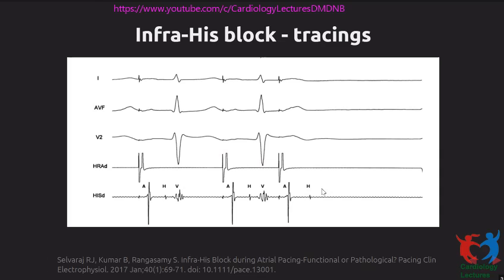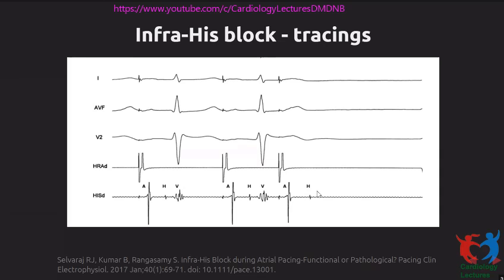So it is very important to understand that a property of the His-Purkinje system is being very exquisitely sensitive to the preceding RR interval. So the HH interval here is long. So after this long HH interval, the refractory period of the His, because of this long interval, will again be long. So when the next H comes in much earlier compared to this previous HH, it tends to block as a physiologic phenomenon itself. This is not an indication to pace.